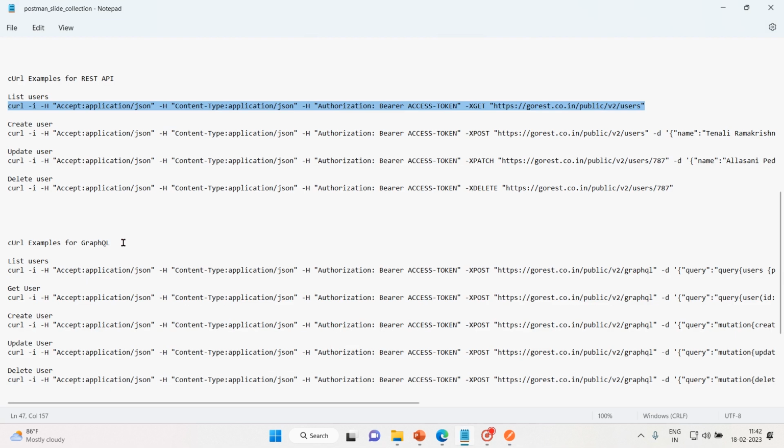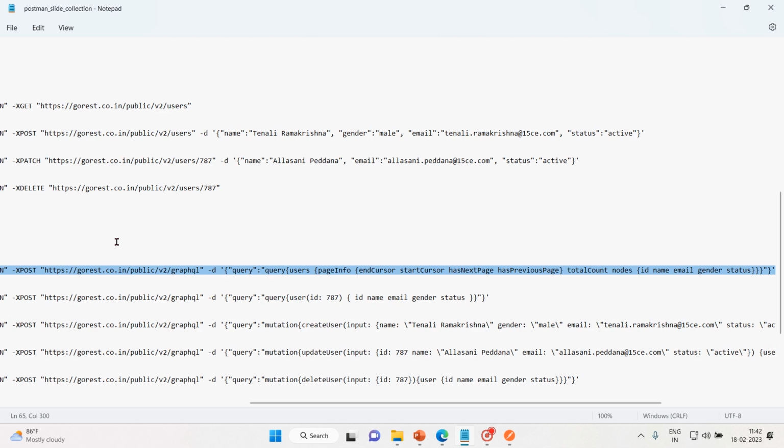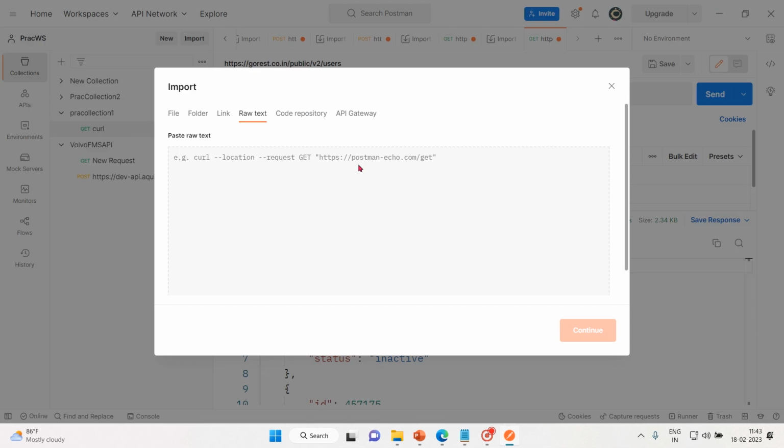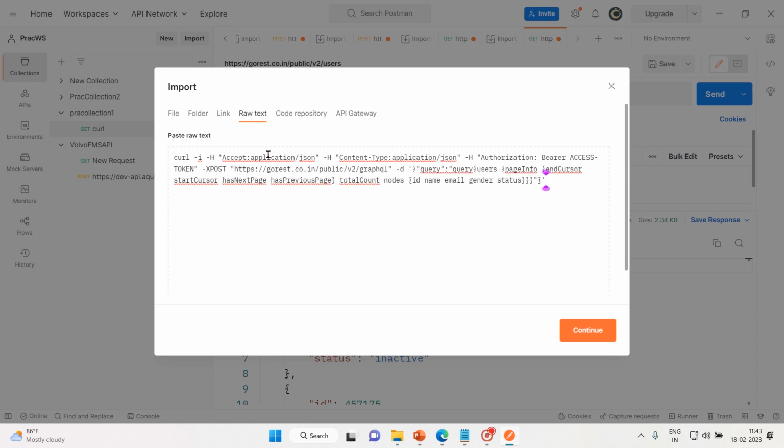So this time I'm going to take the GraphQL URL. I want to list the users. So this is what I'm going to copy. So let me put it here. Let's go through it. First one is header, content accept key, then content type, authorization type, then finally we have exposed. This is exposed because this is GraphQL exposed, and after that we have option D, and here starts our